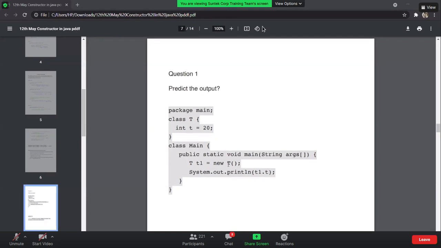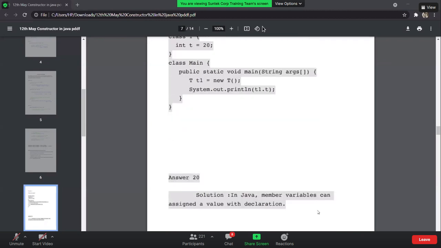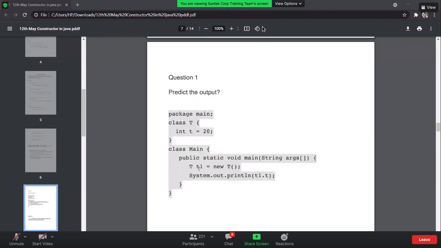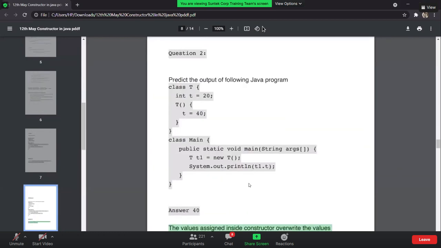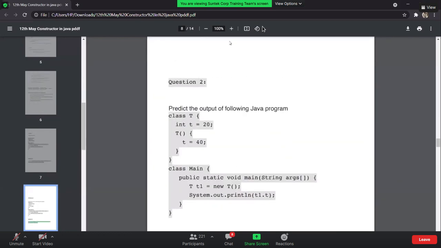So the output for this is going to be 20. The reason is that in Java, member variables can be assigned a value with the declaration. So we have created an object named t1, and if we call t1.t, it will initialize the value of t with 20 and return that 20 itself. Good.